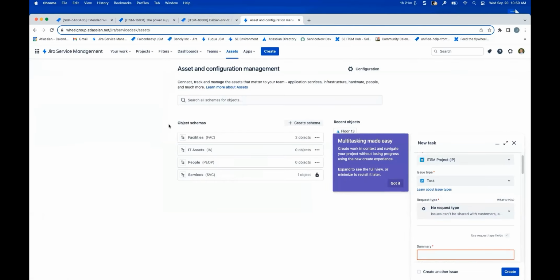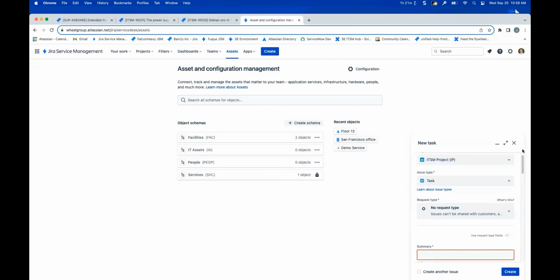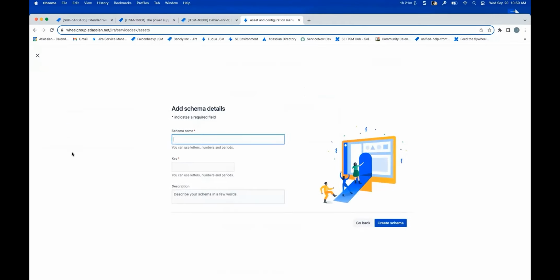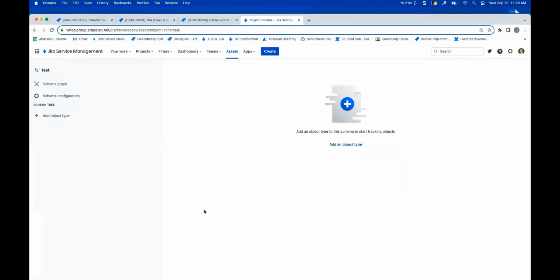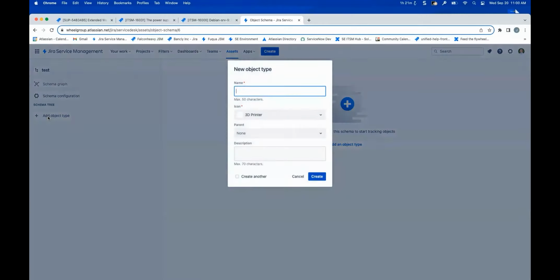And then if we had things that are not part of it and we wanted to create a new asset, we can also, let me close that out. If I want to create a schema and just have it created blank, we could have just a test schema, and we would start there from scratch, and this is where we would start adding our object type. This provides us capabilities to do even more with our tracking if we had things that are more unique, like fish, pianos, whiskey.